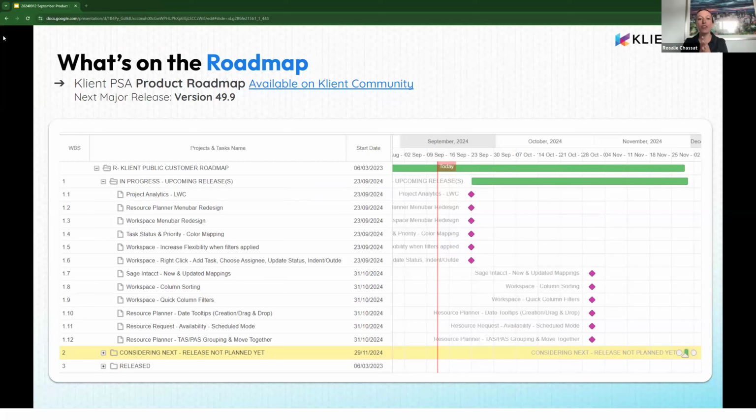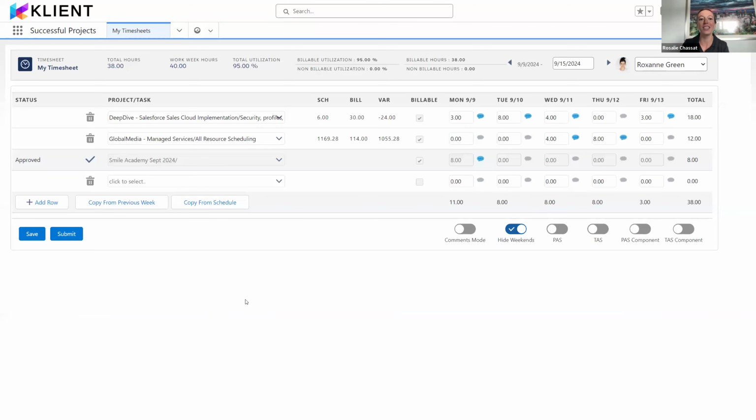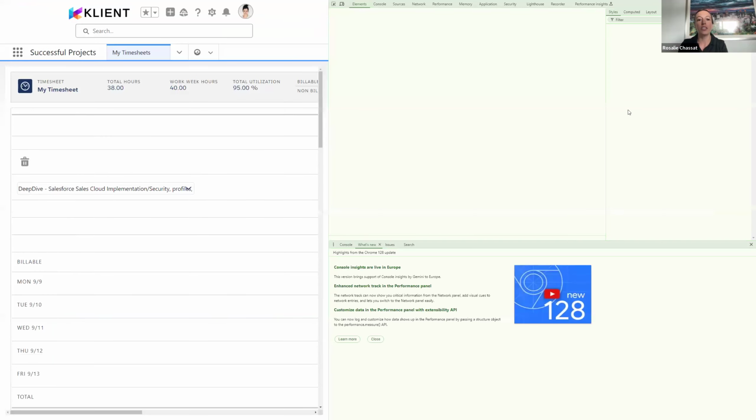Some of the things in the community are accessible to everybody, like when we're sharing articles, if you don't have a community login, it's still going to work. But the roadmap is one of those things that you would need to log in to see. If you've never accessed the community with a login, you can always email us at support@klient.com, send your email and your name, and we'll create a community login for you. Then after today, you'll be able to access all these different sections. So yeah, in terms of the roadmap,